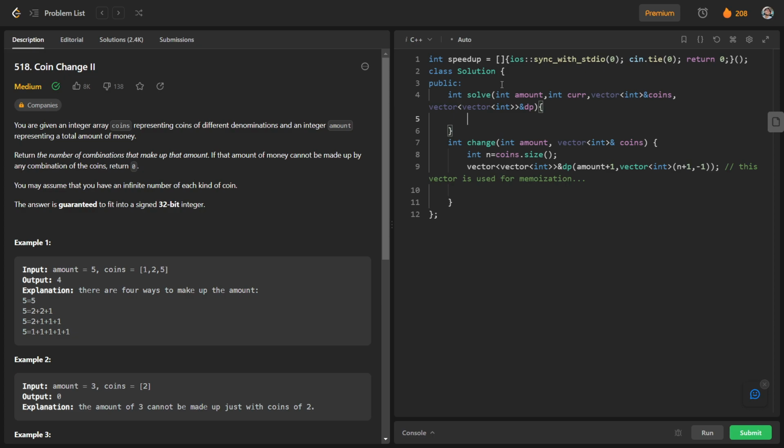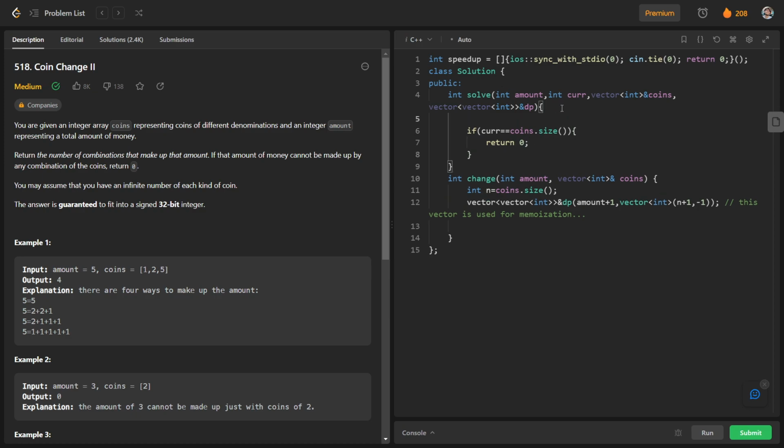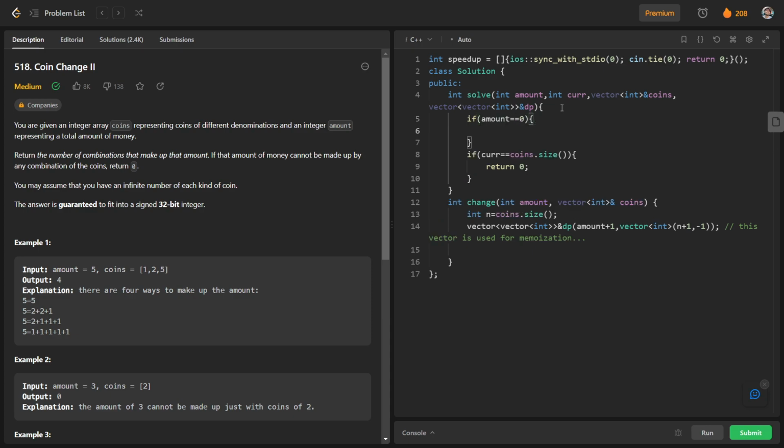So talking about base cases, if our current is equal to coins dot size, what does it mean? We are done with all the coins and we are not getting our value, so we will just return 0. And before this, if we are getting our whole amount, so if amount left is 0, basically we should pass the parameter amount left.